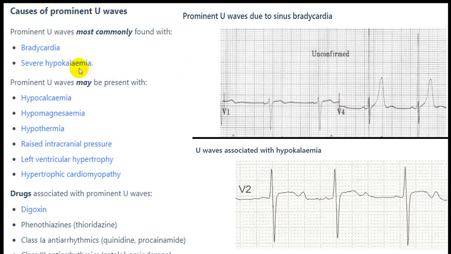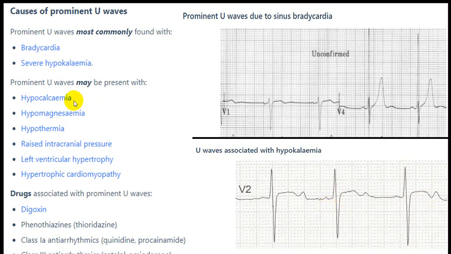But if the person has severe hypokalemia, you will come across a nearly flat T wave, or you might have a little ST segment sagging, and then you will have an appearance of a U wave. So this is U wave, this is not T wave. The ST segment has become flattened out, the T wave has flattened out, and then you have got a positive wave which is U wave.